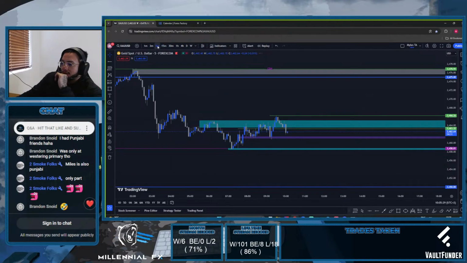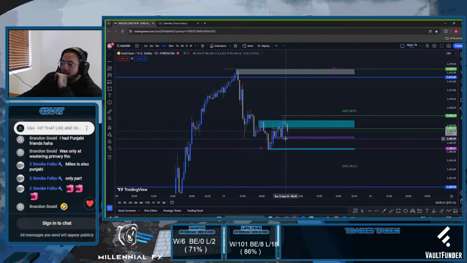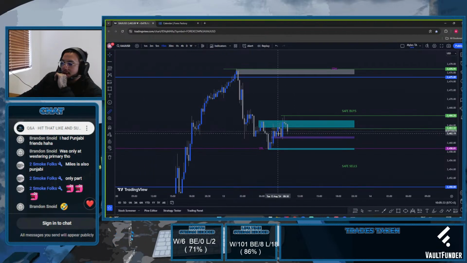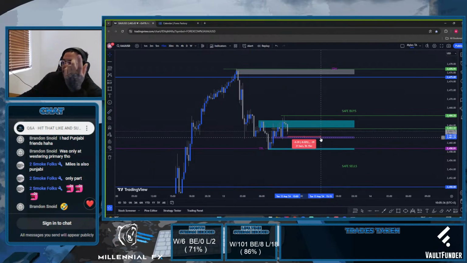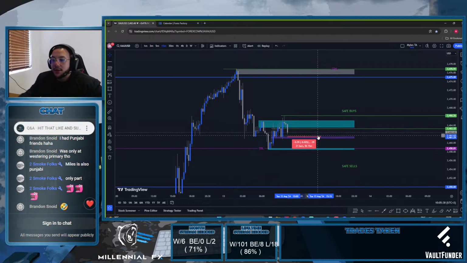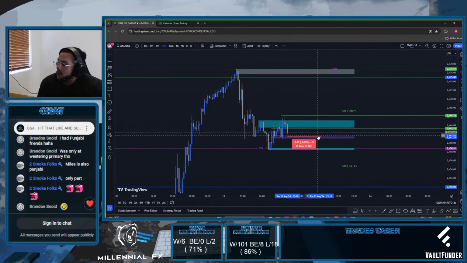Because anything in here is gonna be very, very risky for me. We can definitely see it, but it's too close to the level of liquidity there. Say for example I take the trade there, literally 3-4 pips away, we're gonna hit that first speed bump, which is gonna be 24.61.29.